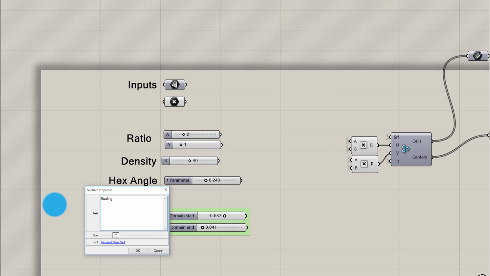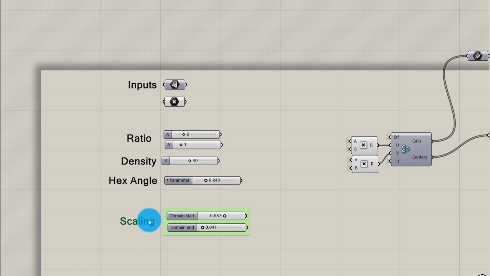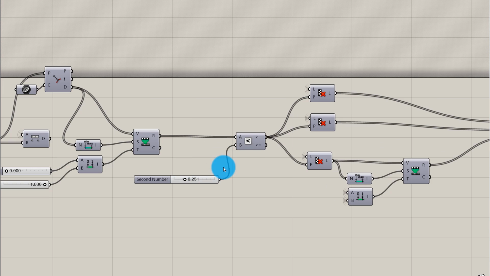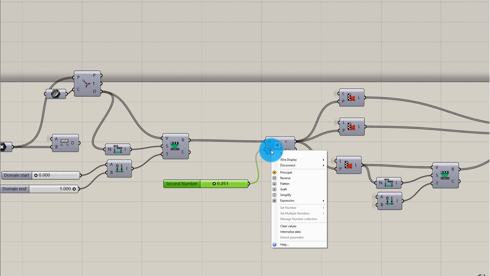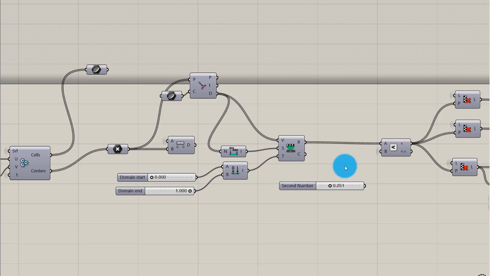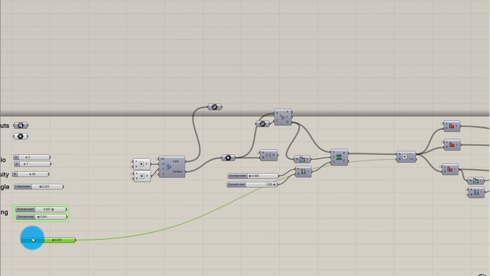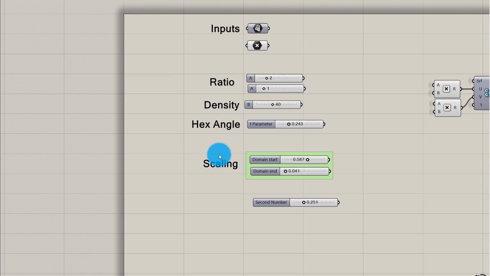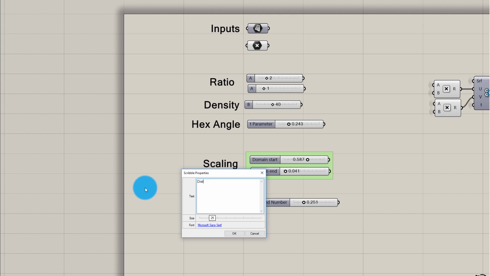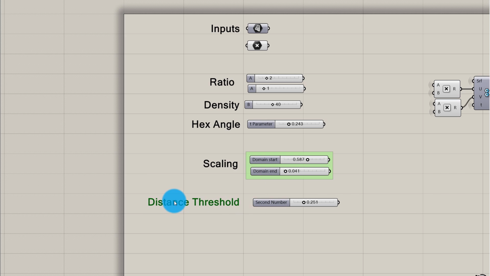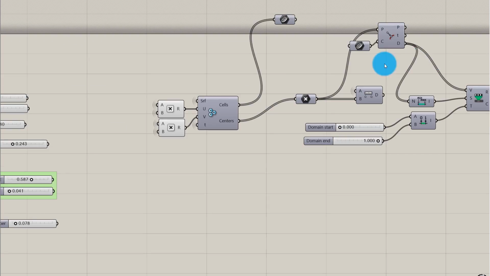scaling, and then this is the percentage, right? So hide, and then we're gonna take the percentage over here, and then we're gonna call it distance threshold. So I could use that to control that. And also I'm actually gonna, let me put my curve input